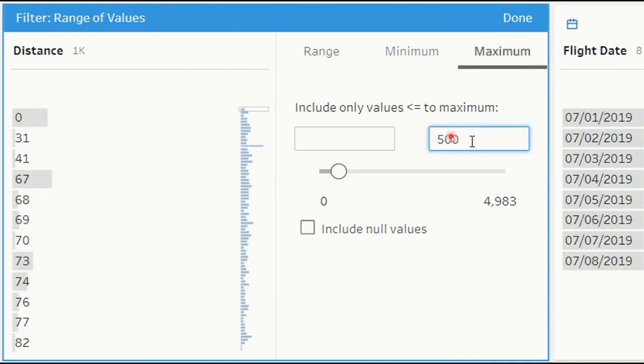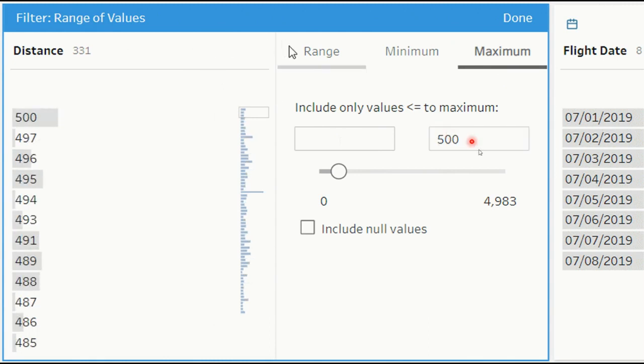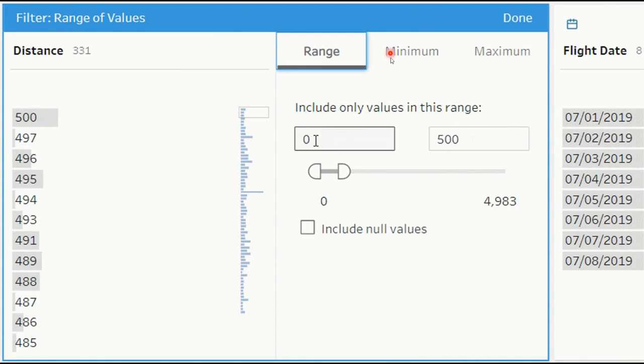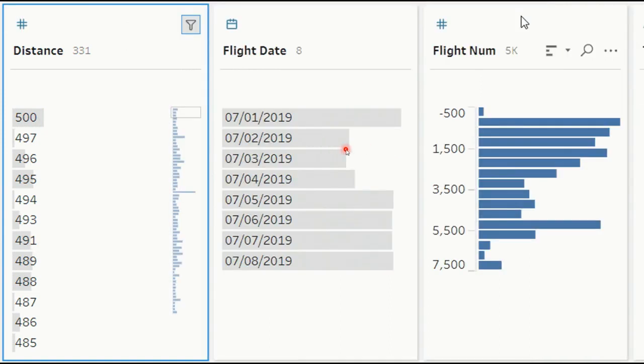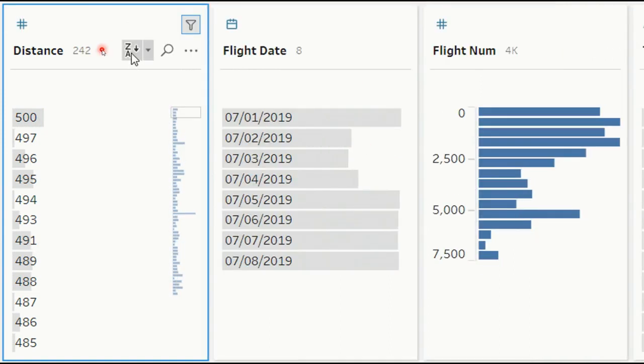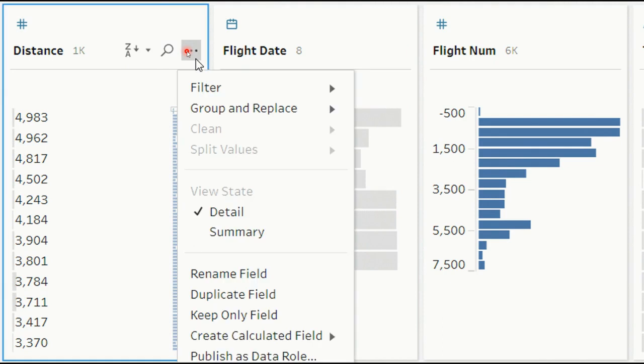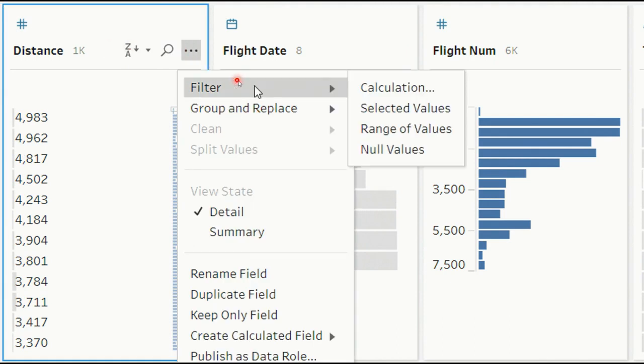If it is maximum, you can tell which is the maximum value you should have. And if it is minimum, you can select what is the minimum you need to keep. And if it is a range, you can set the minimum and maximum value. The range of values option is possible only with the integer.